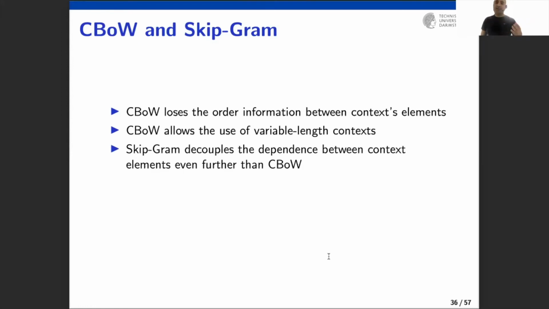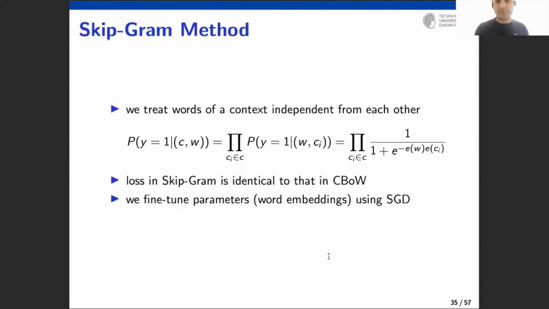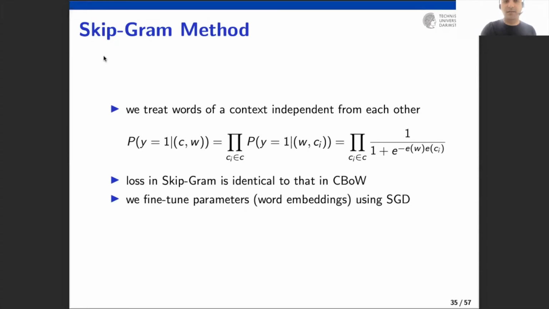Skipgram goes one step further and actually decouples the dependence between context elements more than what we do in continuous bag of words. Why? Because in skipgram, we treat each context element as an independent context. So, for example, if we have I, dash, NLP as the context,